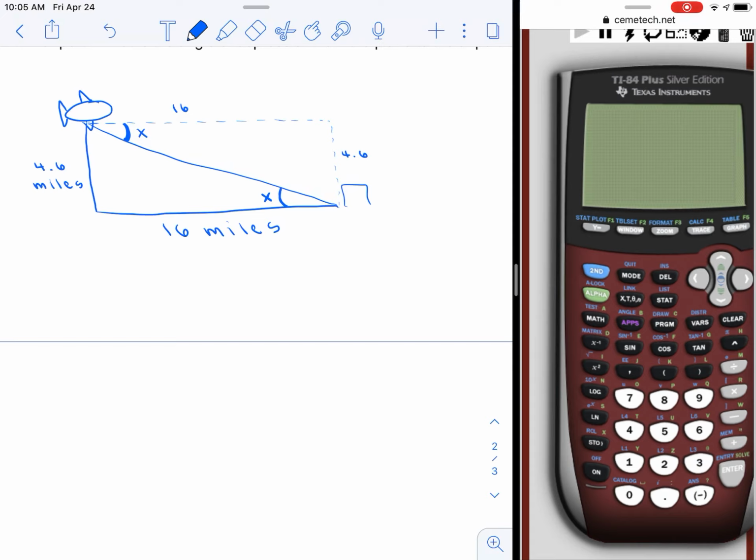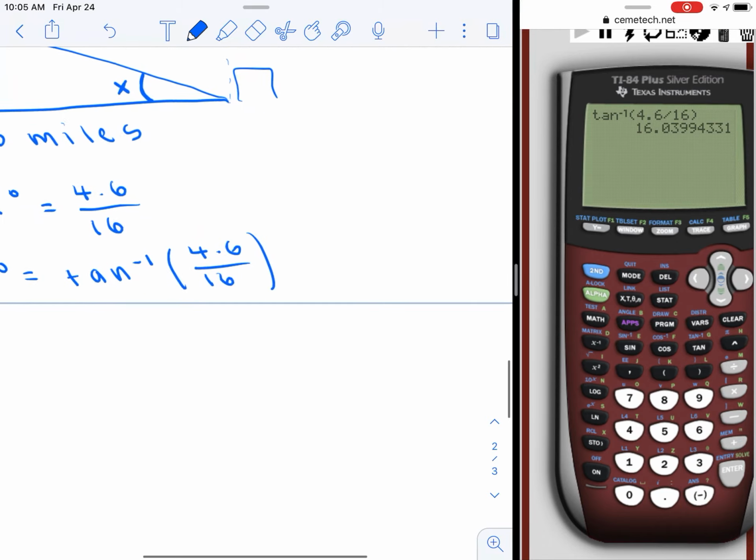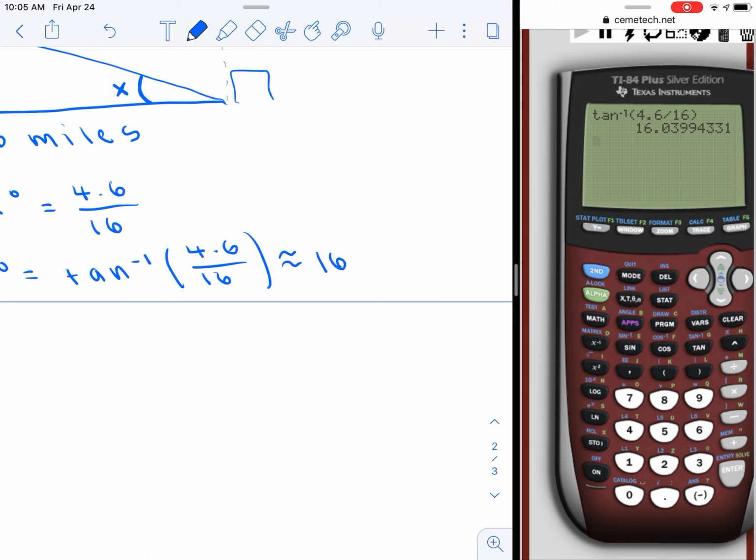Either way you look at it, we have the opposite side and the adjacent side for x. So we are going to say that the tangent of x degrees equals the opposite side over the adjacent side. Now to find x, we are going to do the tangent inverse of that ratio. So tangent inverse of 4.6 divided by 16, you are getting that measurement is approximately 16